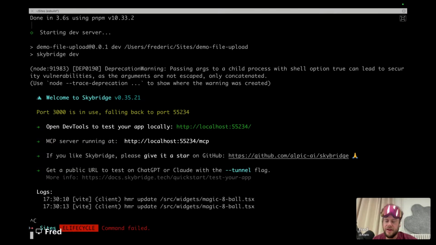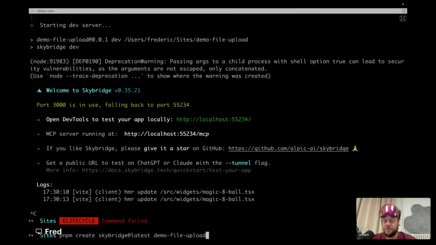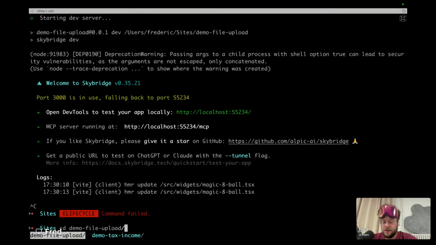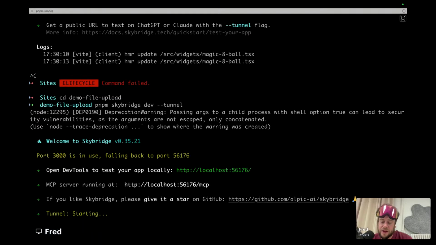I'm going to temporarily kill the dev command that I was running, go inside the demo folder that I just created, and rerun the exact same command, which is the Skybridge dev command with the --tunnel flag. Once again, my port 3000 is still in use, so it started on another one, 56176 this time. But since I put the --tunnel flag,